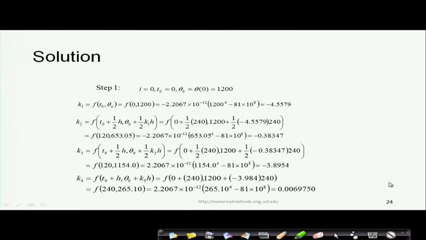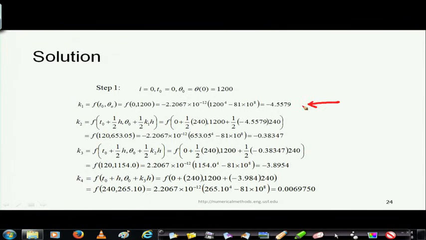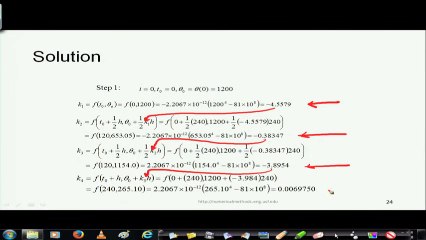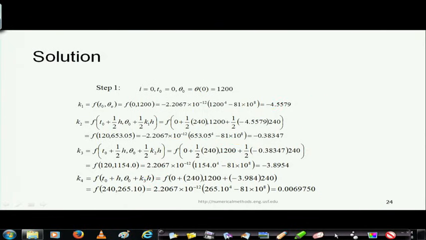So, now step 1, you see I am not going into all these calculations, but I am finding out the value of k1. I am finding out the value of k2 using this value of k1, k1 is being used here. Again the value of k2 is being used here, I find out the value of k3, and k3 is being used here, I find out the value of k4. I find out those values, manually I am doing that now.